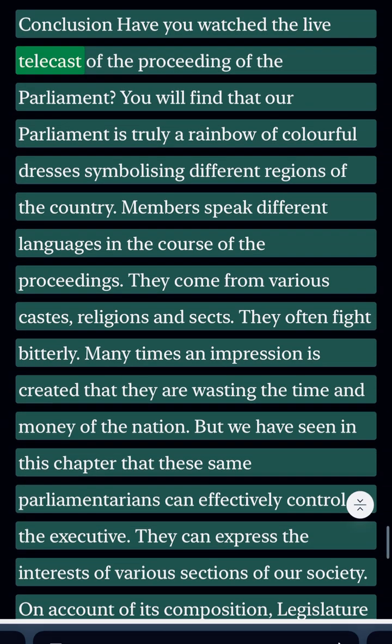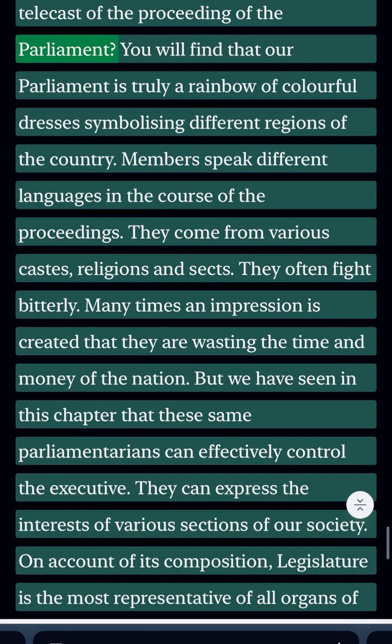Conclusion. Have you watched the live telecast of the proceeding of the Parliament? You will find that our Parliament is truly a rainbow of colourful dresses symbolising different regions of the country. Members speak different languages in the course of the proceedings. They come from various castes, religions, and sects. They often fight bitterly. Many times an impression is created that they are wasting the time and money of the